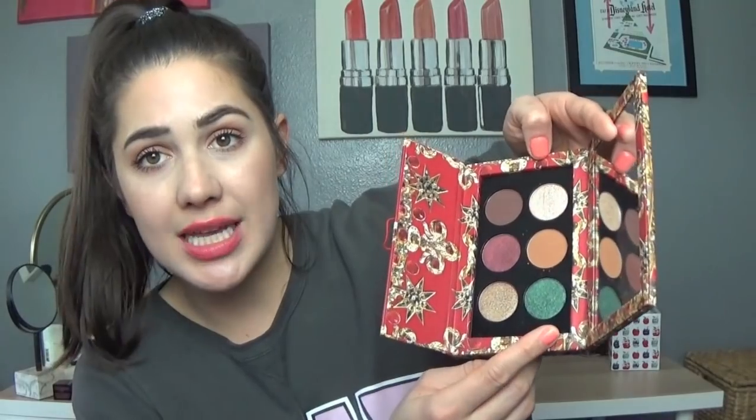There's this gorgeous greeny blue, which I'm really into shades like that. And the reviews were great. I just felt like, you know what, this is the one you're gonna get. The other options I had were a Natasha Denona one and that Lawless Beauty one. I'm still interested in those, but I decided, no, you need to just choose one. But again, here I am with two, and that's because,